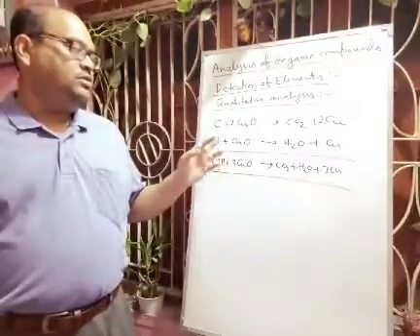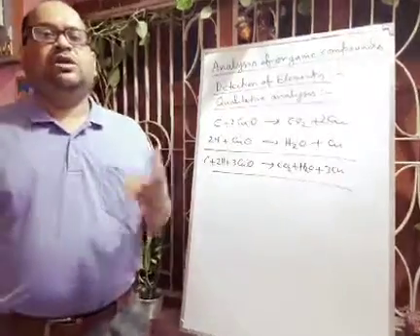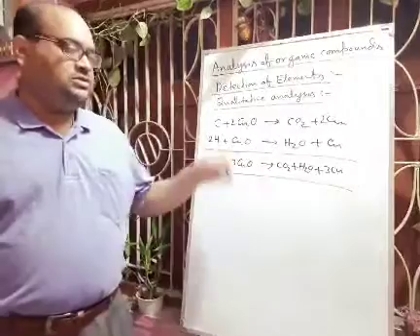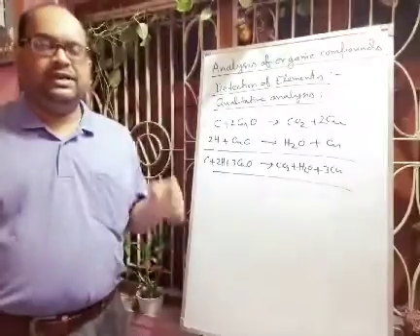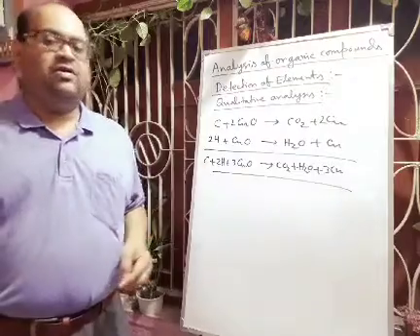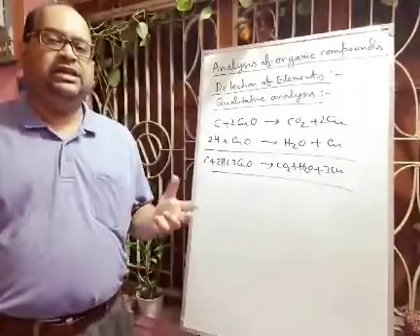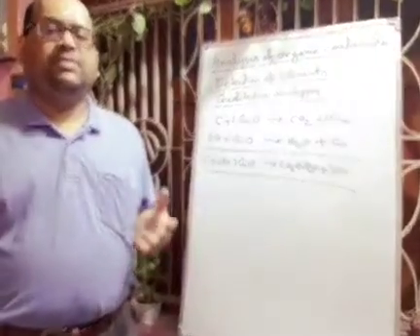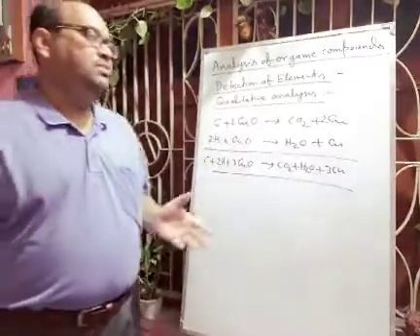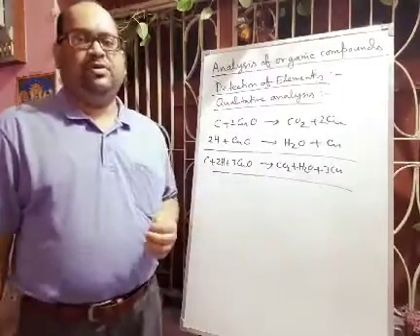And in another case, carbon is combining with oxygen forming carbon dioxide. So the carbon dioxide formed in this reaction you can pass through lime water. The lime water turns milky, and if you pass it for a long time, then again it will become colorless. From there you can easily understand, or it will indicate, the presence of carbon in the organic compound. So both carbon and hydrogen presence you can detect in this way.